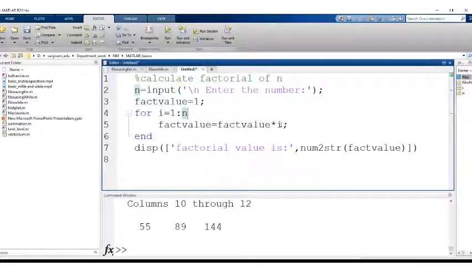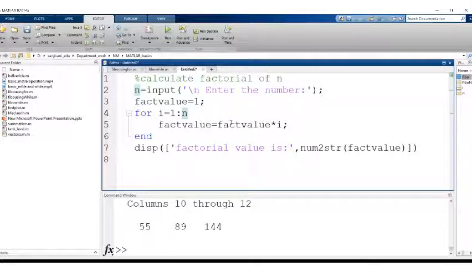That means this loop will run for whatever value of n you give, and the value of I is incremented every time. When this loop is first executed, the value of I is 1, so fact value will be 1.